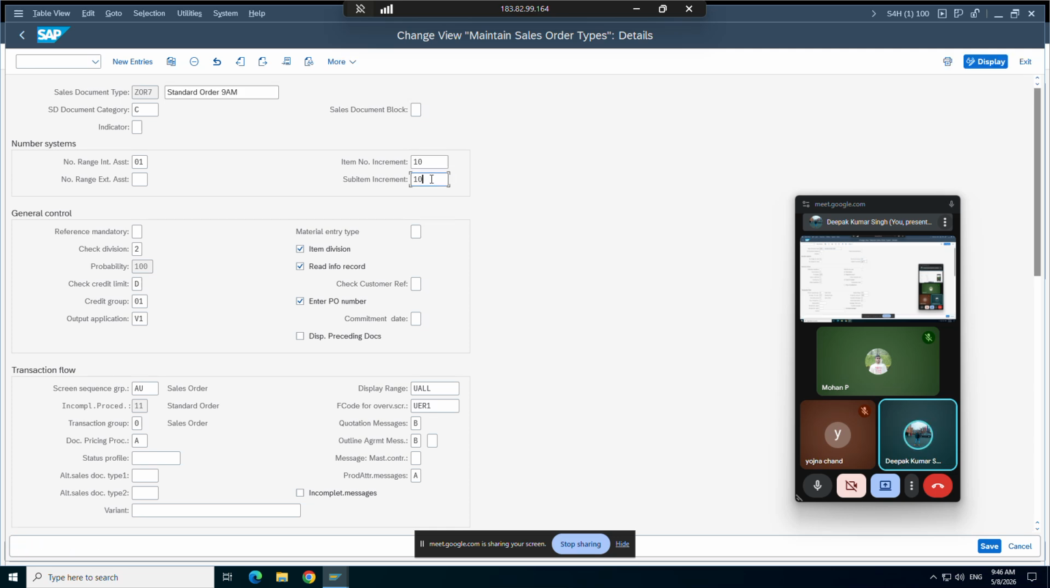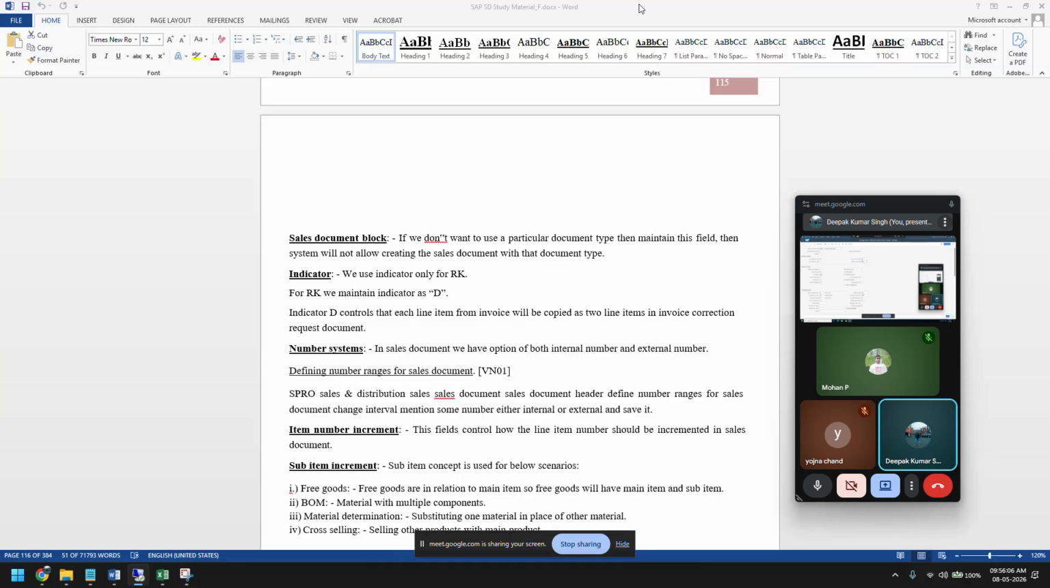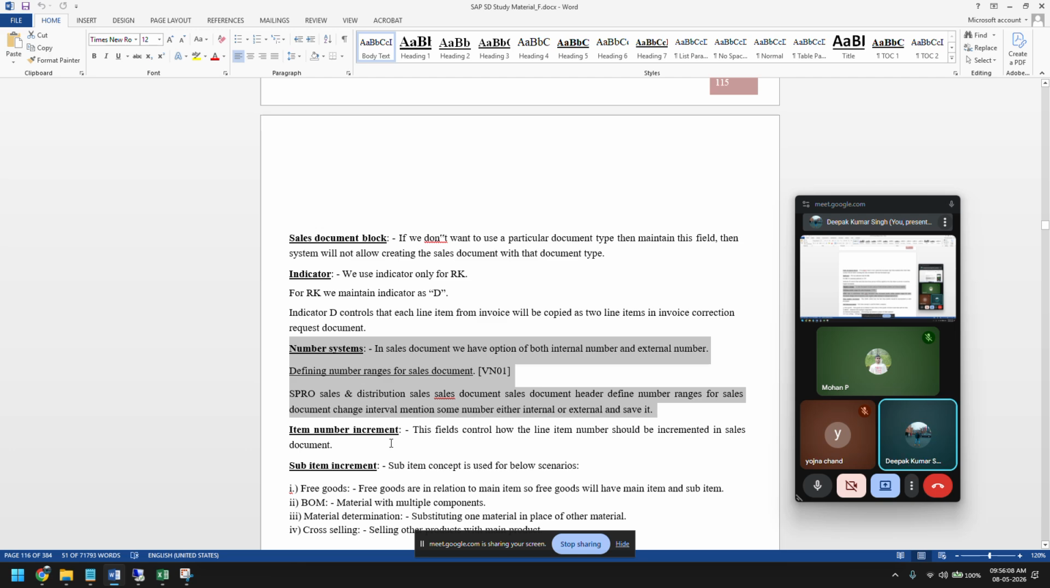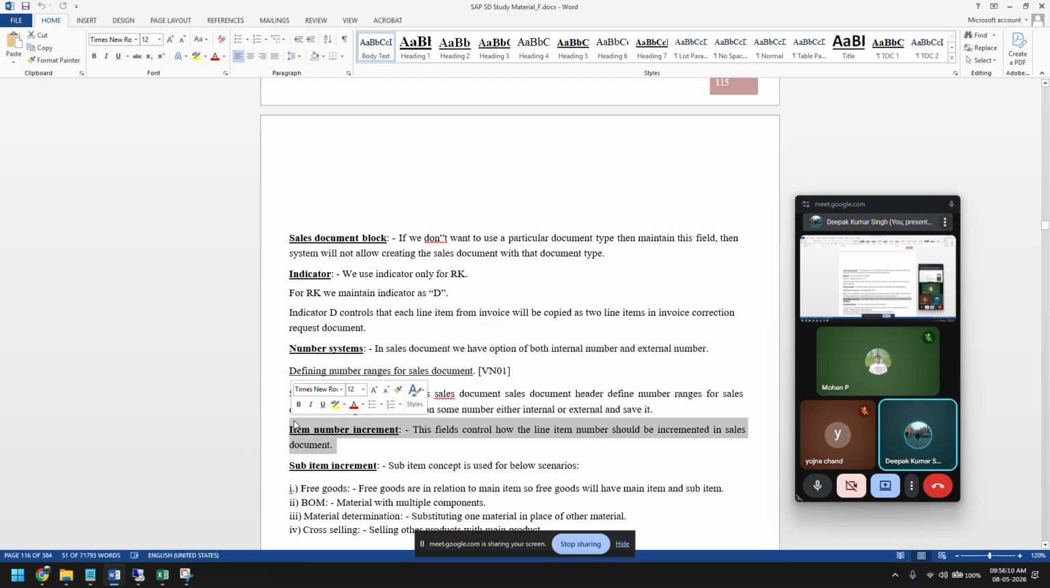Same thing is there for sub item also. Let me go document-wise only. So the number increment we have covered. Okay, now